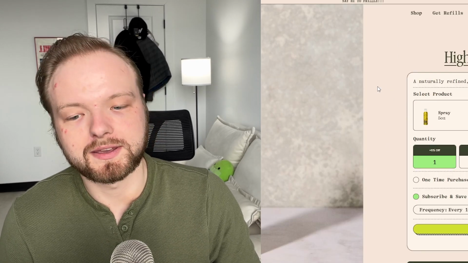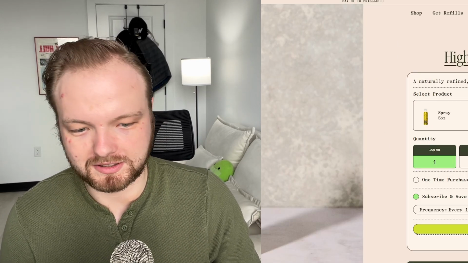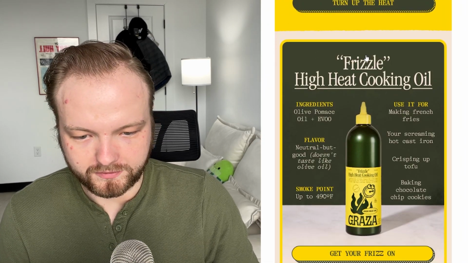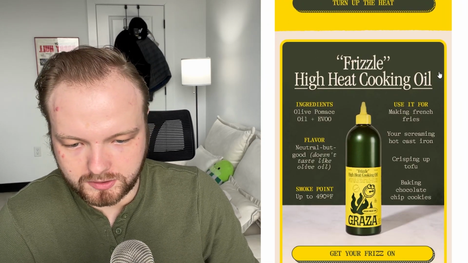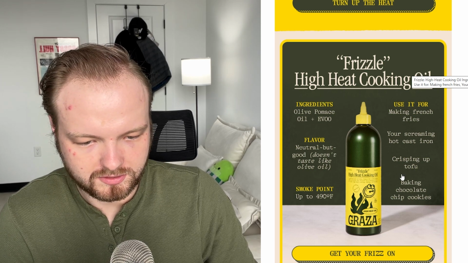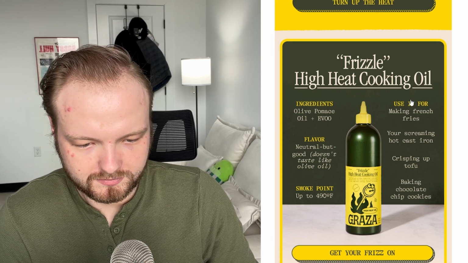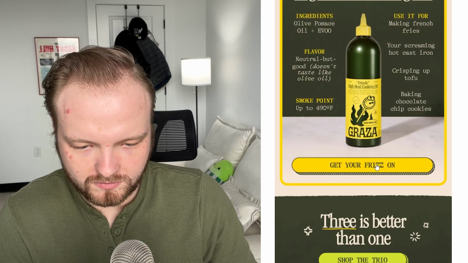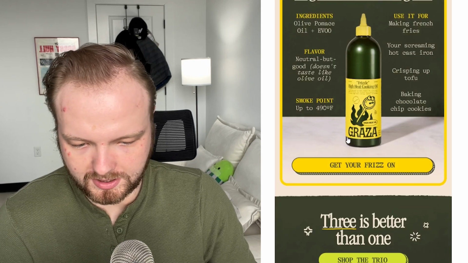Straight to the product page. Easy peasy. Really, really functional right there. Then you got Frizzle, high heat cooking oil. Got some ingredients and product features. Another CTA. And then we got the final section here. Three is better than one. Shop the trio. So they're placing a bundle right in front of the reader so that if they are a